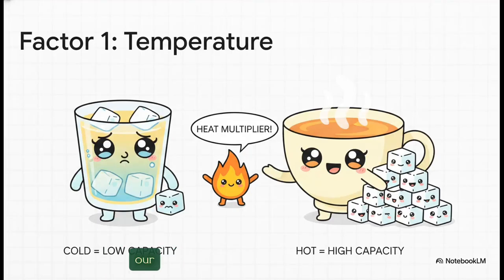Heat is essentially our universal multiplier. For solid solutes, increasing the temperature targets both the speed and the amount. Because of all that high kinetic energy, not only does the solid break down faster, but the hotter solvent can physically hold way more total dissolved solid. This is exactly why you can dissolve a massive amount of sugar in hot tea, but very little in iced